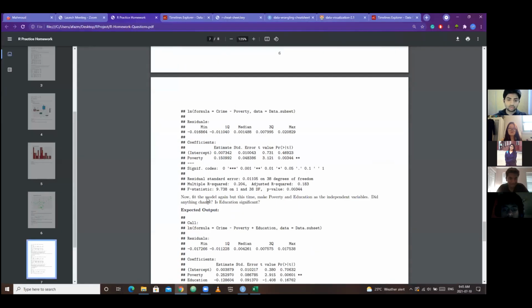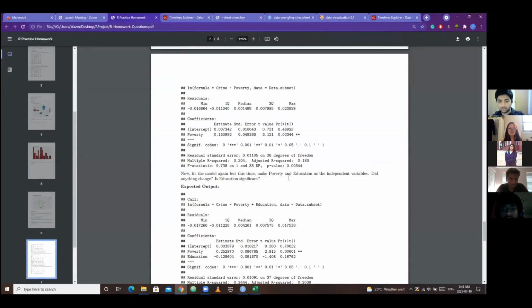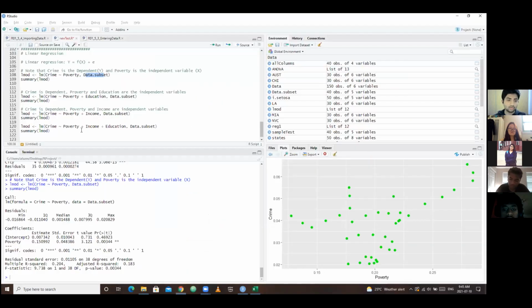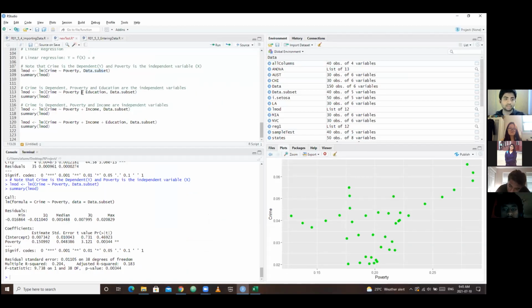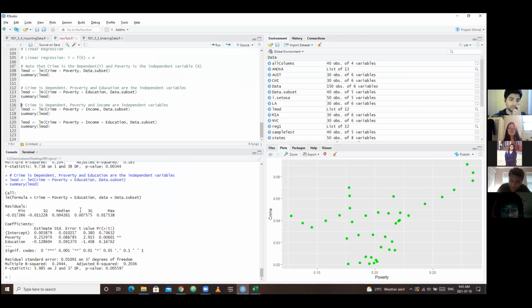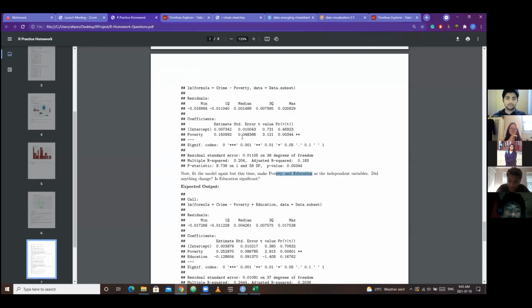And then furthermore, you're asked to calculate linear regression, making poverty and education as independent variables and keeping crime as dependent variable. So how you do that? Taking two variables means just add a plus sign in between poverty and education from data set. Crime as dependent variable. You run this command, summary it, and you get the summary, right? Then you're asked for poverty and income, and finally you ask for poverty, income, and education. Summary for this. Summary for this. This is your expected output,